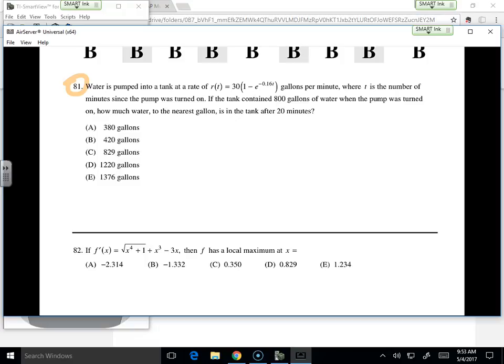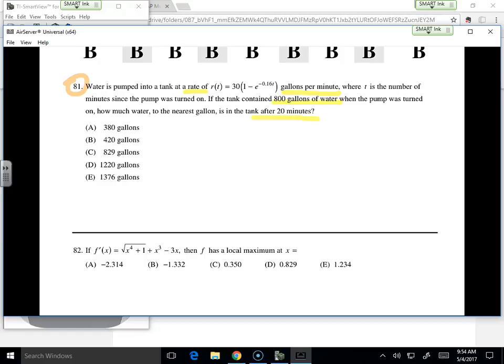Alright, let me give you guys a second, just in case you haven't read this question yet. Water is pumped into a tank at a rate. Guys, they can talk about gravel, they can talk about water, they can talk about snow, they can talk about tea and biscuits, they can talk about whatever they want. When you see rate, you think that's some sort of derivative of a quantity, right? Gallons per minute, ooh, there it is. T is the number of minutes since the pump was turned on. Ooh, the tank contained 800 gallons to start with. How much water is in the tank after